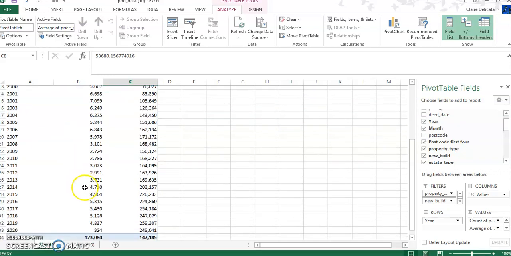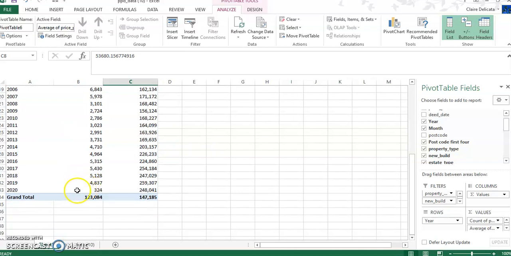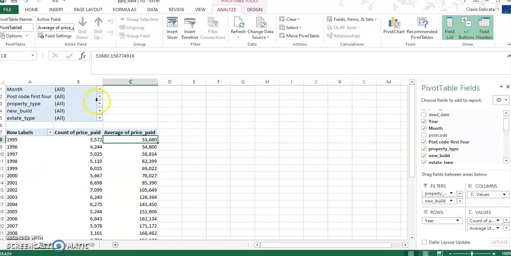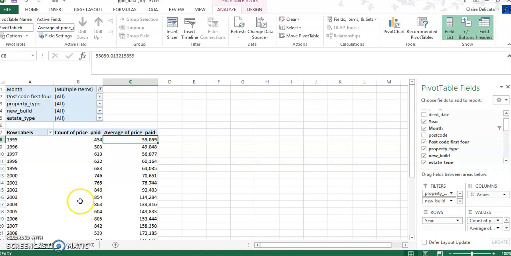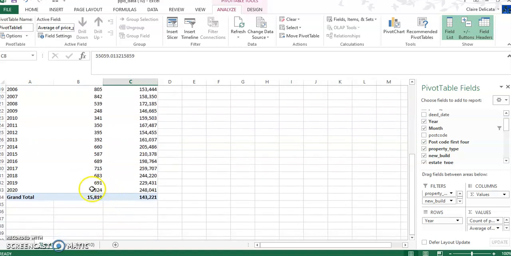Now clearly for 2020, we're only 2 months in at the moment. We've only got January and February, so I'm not really comparing apples with apples when I look back at 2019. But if I wanted to look at just January and February, I can go into the month, go select multiple items, untick everything, and then just click on 1 and 2 to give me just the January and February. And if we scroll back down, what we can see is actually year on year,